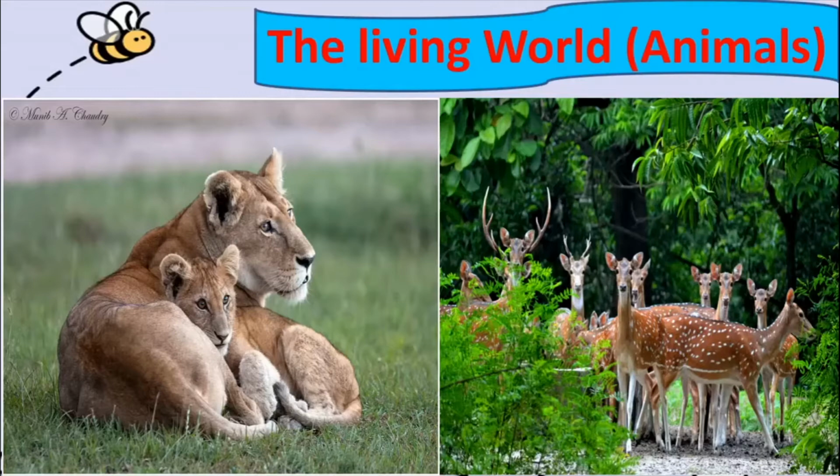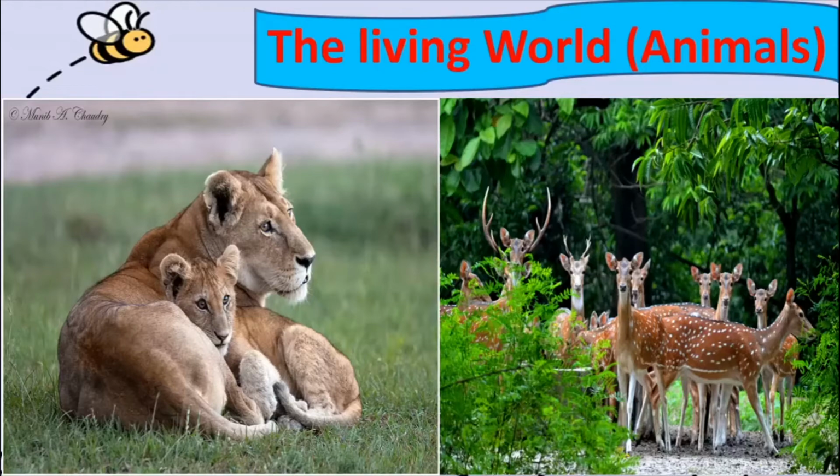Now most of us know and have seen many different types of animals. We have seen them right in front of our eyes, and we have seen them in the zoos, and some animals which we cannot see directly, we have seen them on television. But all of us know about a lot of different types of animals, and most of us love watching and looking at these animals, isn't it? So in this picture also you can see a lioness, a female lion and her cub, and there are some beautiful spotted deer there. Can you see? And there are some deer with antlers also.